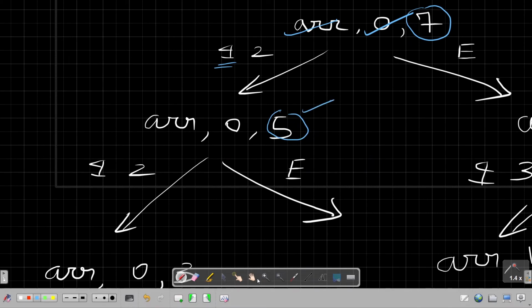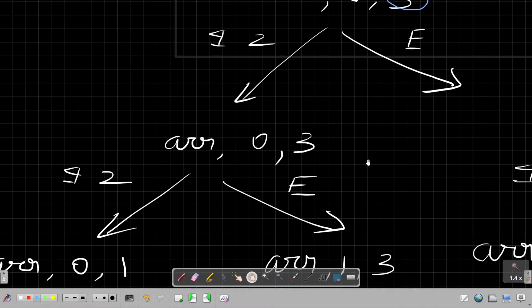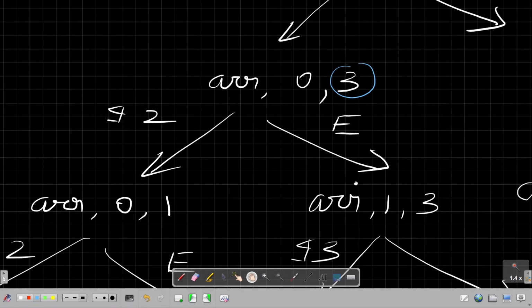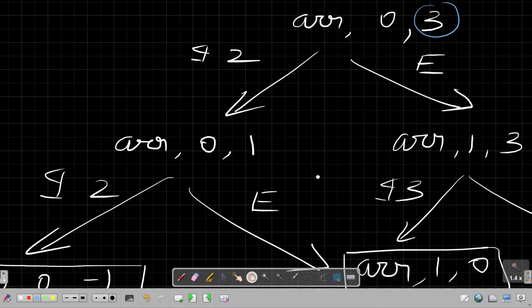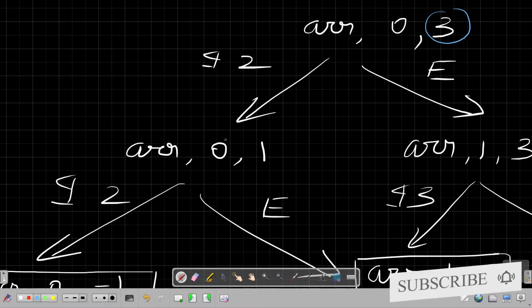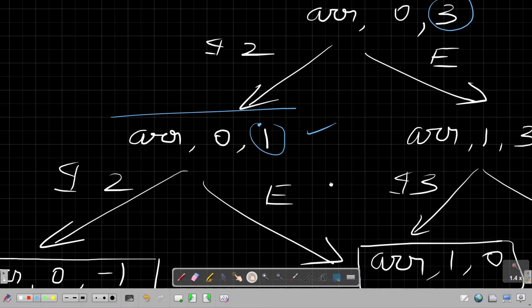Again, I'll go into the recursion, and I can either include 2 or I can exclude. So again, I am including 2. So the value of the target would now be 3. Now again, I have two options. Either I can include 2 or exclude 2. And if I include 2, the sum which would be left with me would be 3 minus 2, which is 1. So this would be the result.